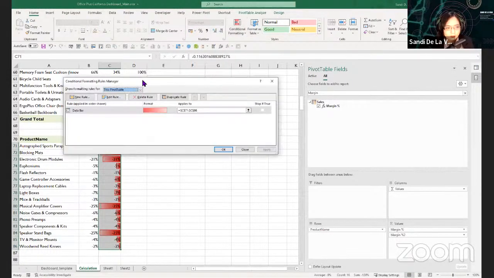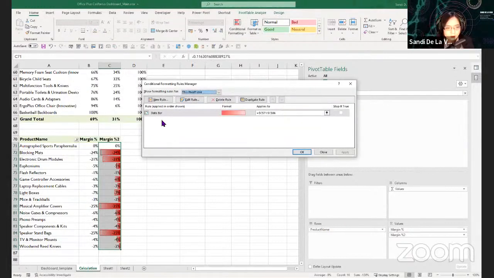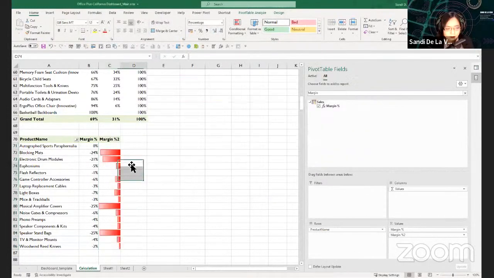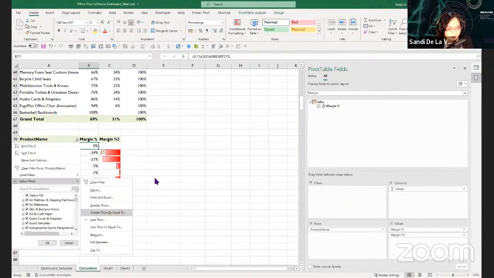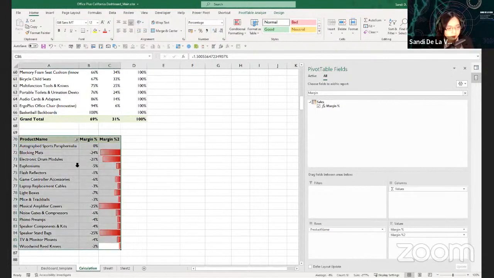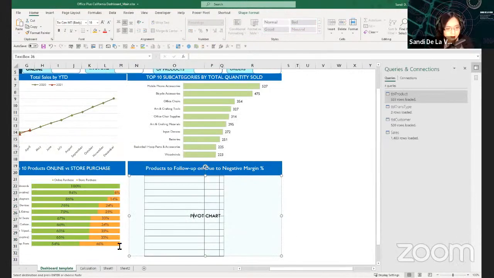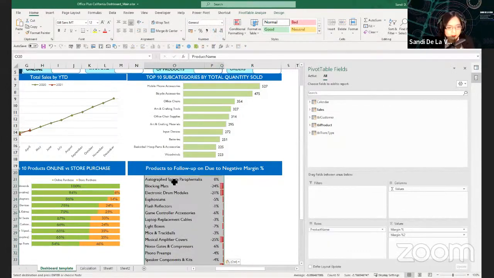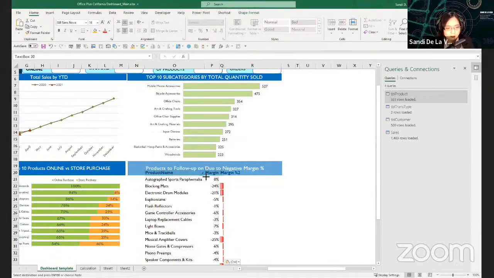If you want to remove the values, just go to the conditional rules manager, edit rule, then show bar only. So there. Don't know why it's included here. There we have a pivot table for negative margins. Just copy paste. Let's remove this one and paste it here. So we have the products to follow up.